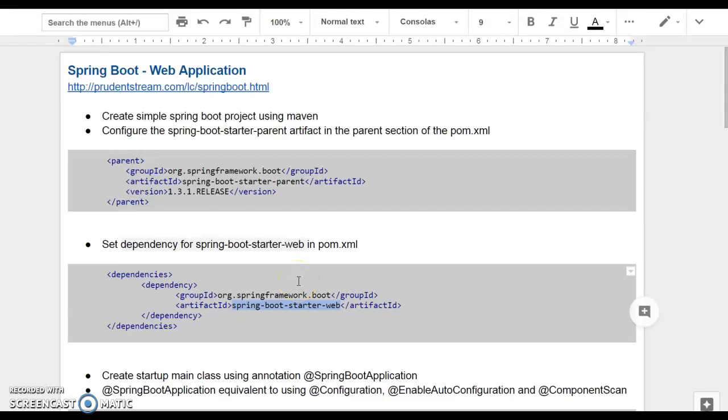In this lesson, I'll show you how to create a simple web application using Spring Boot. In my previous lesson, I gave a brief introduction on Spring Boot and showed you how to create a simple Hello World REST controller using Spring Boot. For a quick recap,